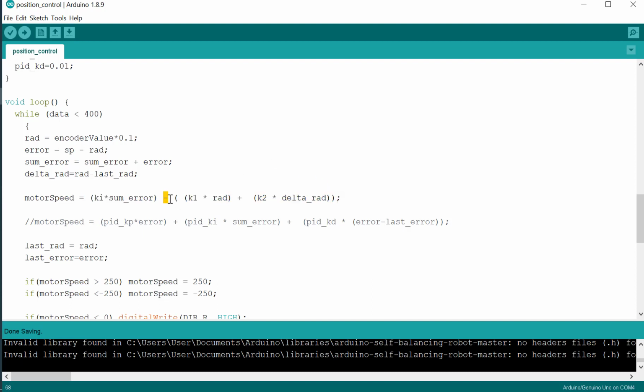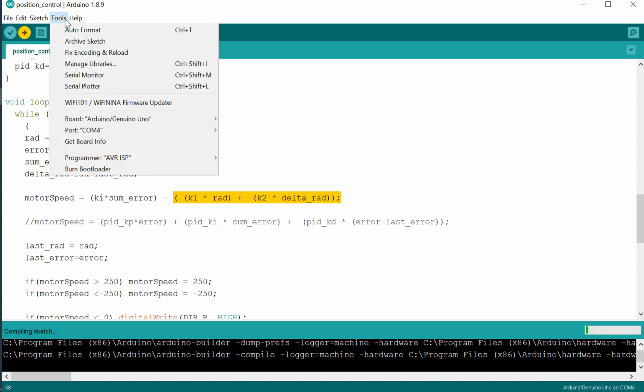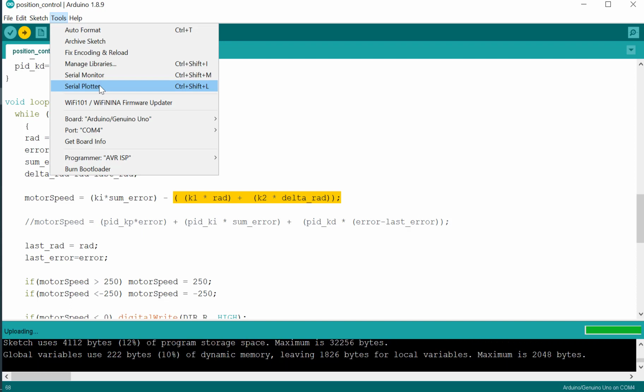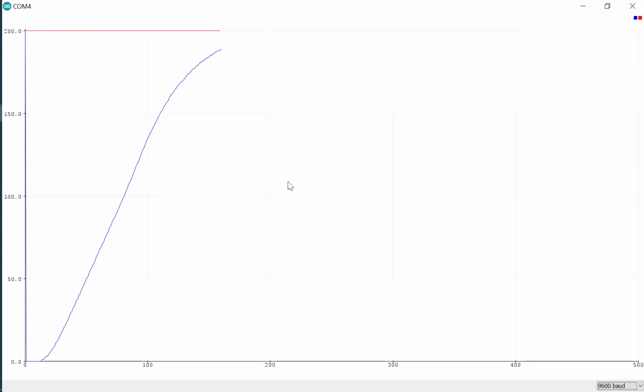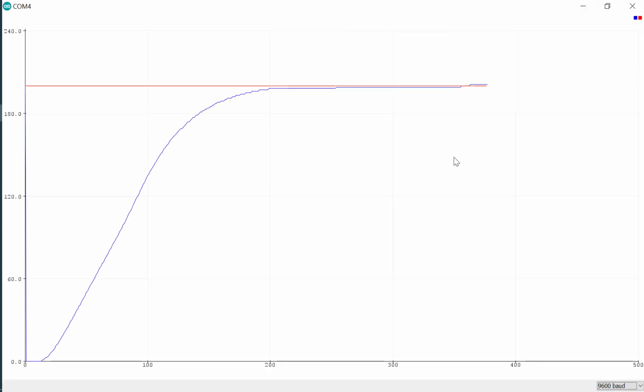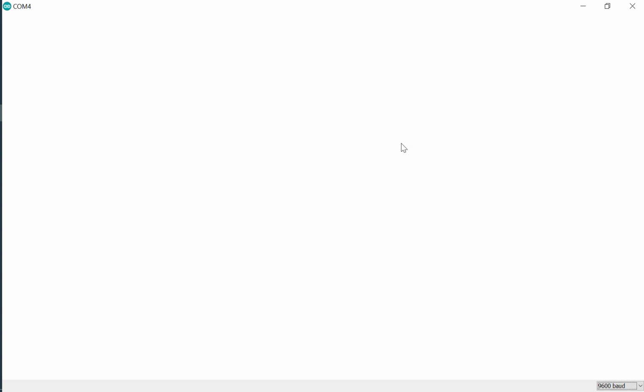There is a minus here, so the integral control minus the state feedback for the equation. Okay, we will see the response. Okay, this is the response. We will see the response again.